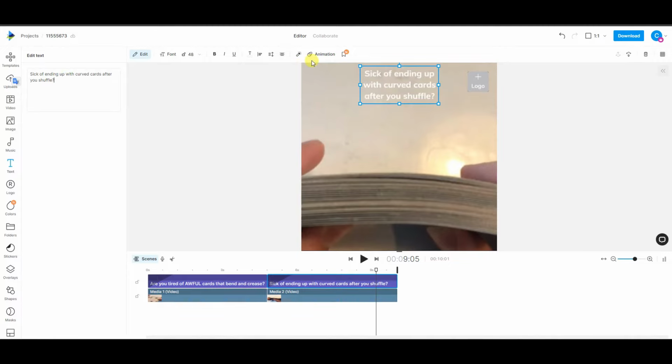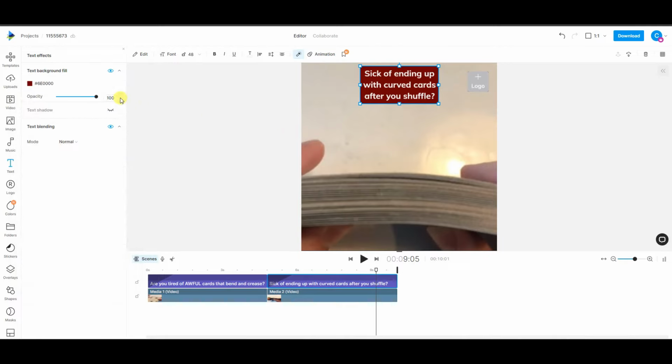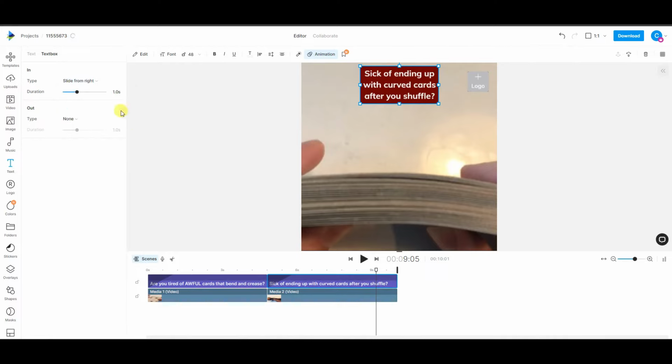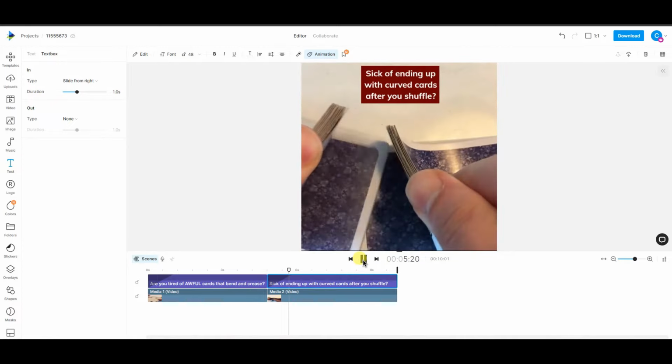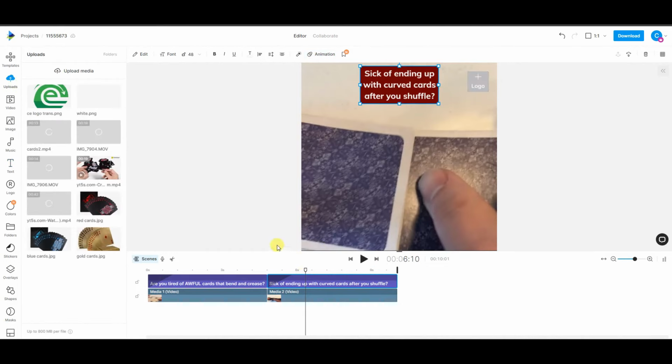And then I'm going to go ahead and do the exact same thing for the text effects. I'm going to go ahead and make the background this project color right here, because we can go back to colors we've used in the project before. And I'm going to make the text the same. And this time I'm going to go to the animations, and I'm going to click on text box, and instead I'm going to make it slide from the right, because last time we slid from the left. So if I came and previewed that right here, we can see that this time it slides in from the left. So just like that, we've went ahead and created our first two scenes,